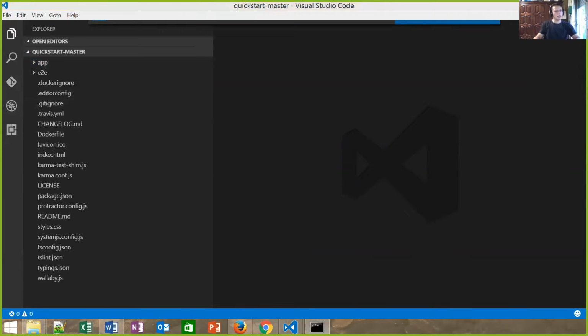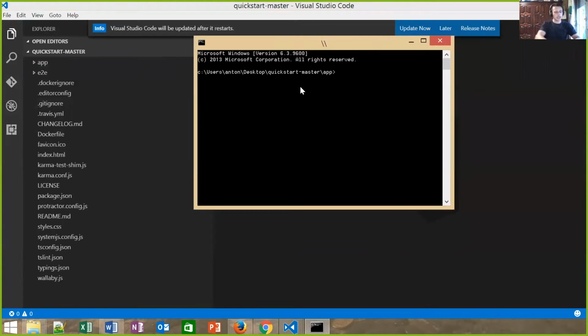Now, the first thing we need to do when we download this example from the Angular official website is to go to the command prompt and run npm install. It's going to pull everything from the Node package manager repository, all the packages to make our application run. It's a very simple one-page application just to show the structure, and then we're going to evolve it. While this is downloading,